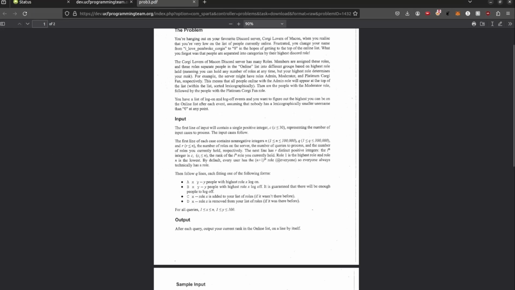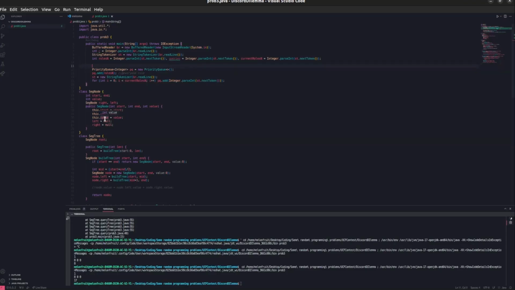So we're going to have to track what roles we have and what roles we don't have, because we have them in this priority queue to make this faster. As we put elements in the priority queue, they're already going to be sorted, so we know the best role we have at any given moment. And then when we remove a role from us, we can just say